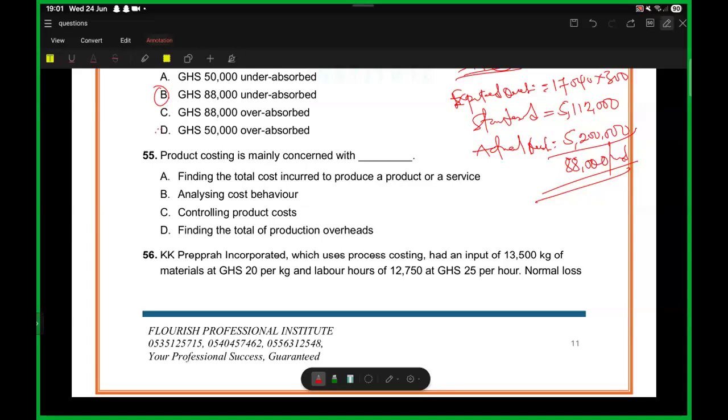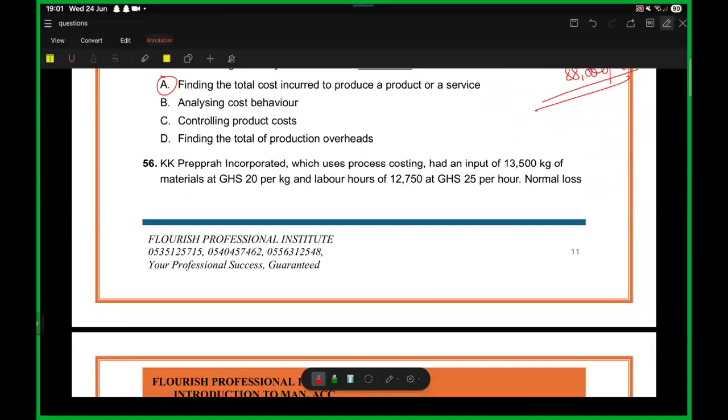All right, A. So when we say a product cost is A, that's all. A product cost is finding the total cost incurred to produce a product or a service. That's all. Let's go to number 56,